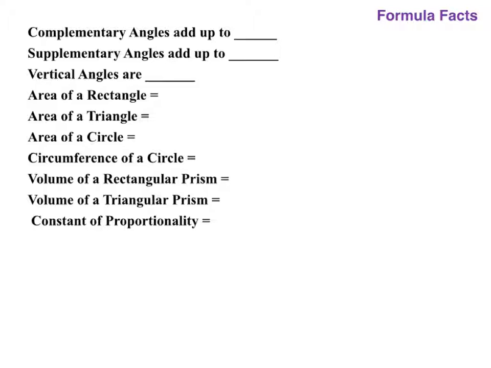All right, check them over. Complementary angles add up to 90 degrees. Supplementary angles add up to 180 degrees. Vertical angles are equal. And just as a reminder, your vertical angles look like this. These two are vertical. Supplementary angles are on a straight line, and complementary angles